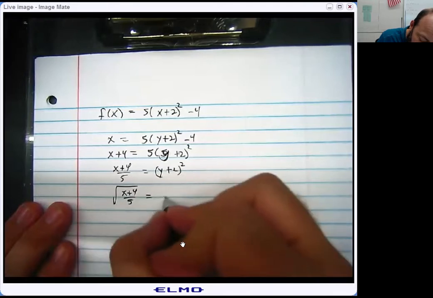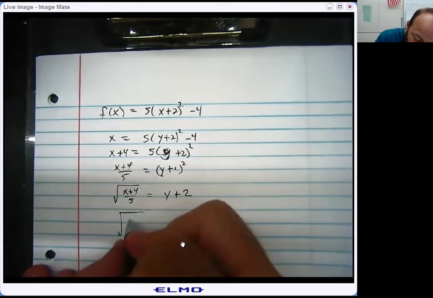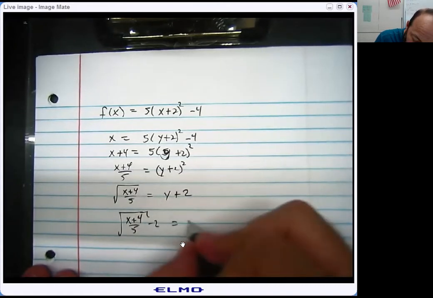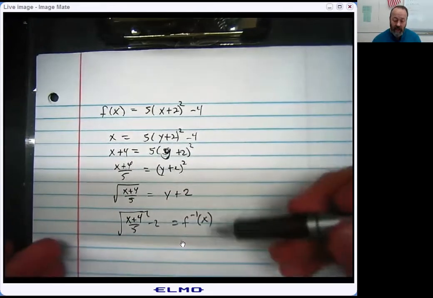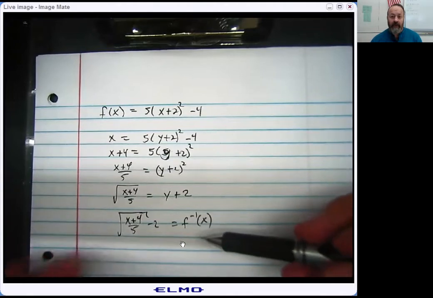Which leads me to something kind of interesting. Over the last couple of days, I've emphasized in class that every time you take the square root of both sides, you're supposed to get a plus or minus. But in this case, we don't do it for a very particular reason. You may or may not remember what that reason was, but I'm going to address it in the next little piece of this. So notice again, what we would have is this is called F inverse,